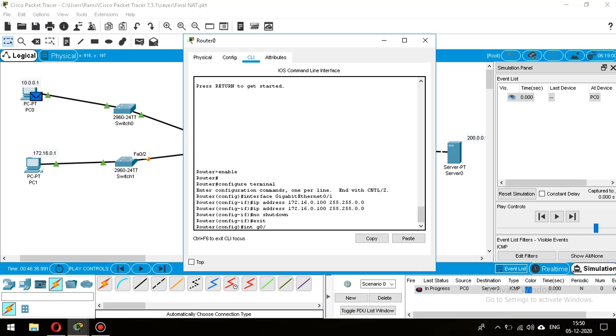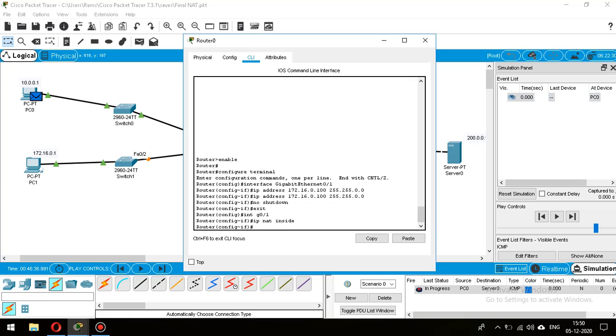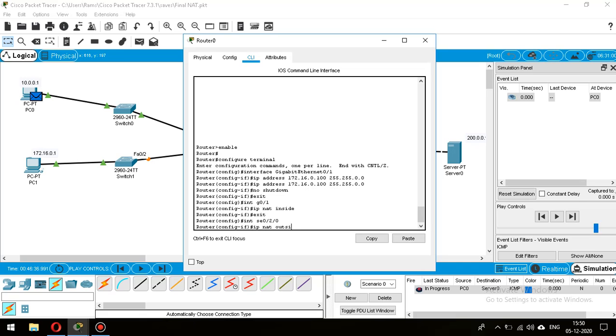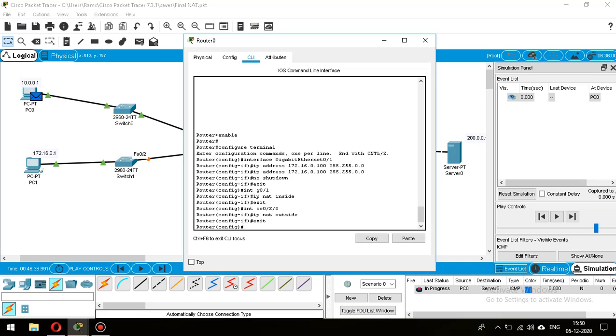Interface Gig 0/1, IP NAT inside. Interface Serial 0/2/0, which is IP NAT outside. Exit and exit, and once that is done,